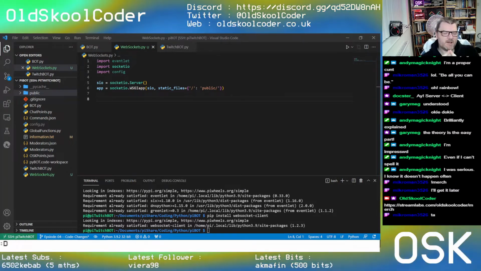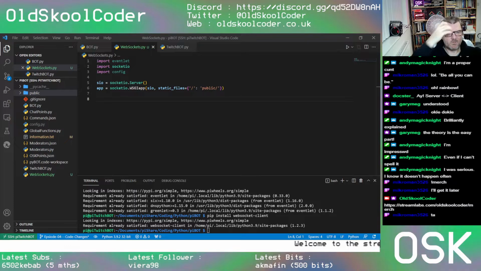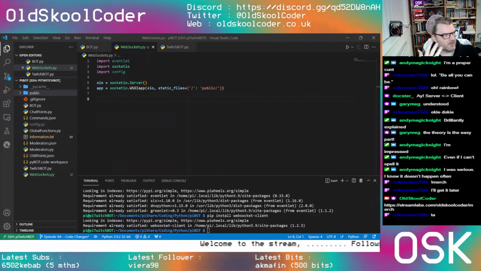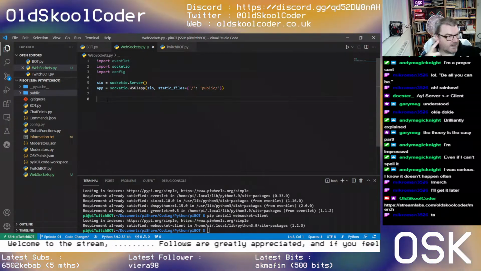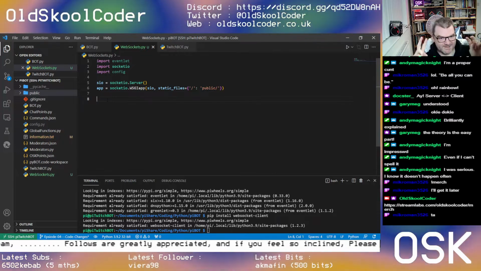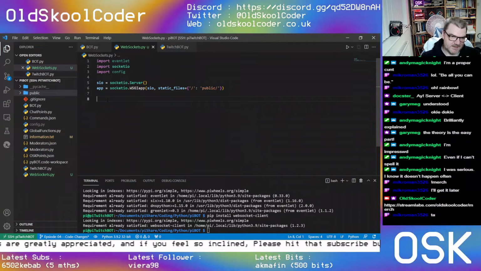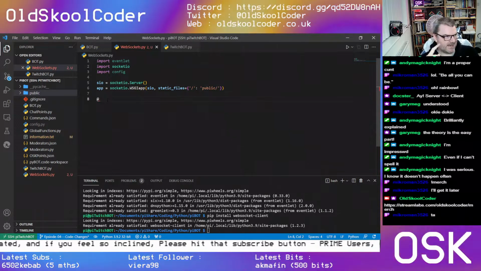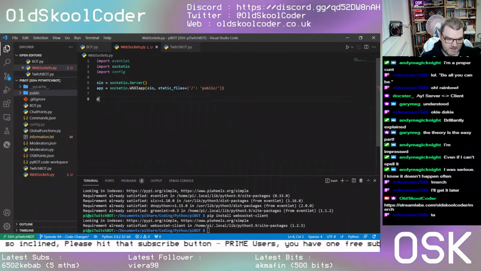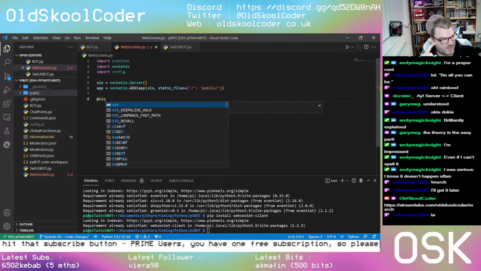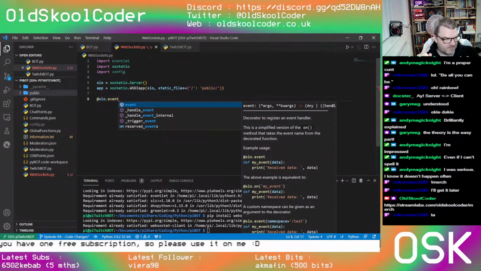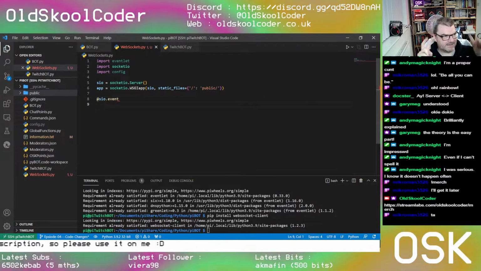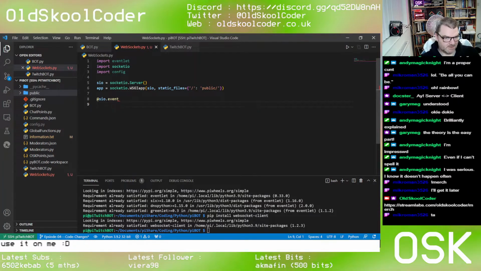Now, once we've created the socket IO, we need to handle both the client connect and the client disconnect. And these are what Andy was talking about yesterday, which are called decorators. It is an @ sign, and that is classed as a decorator. So we're going to say SIO, which is the object that we've just created, dot event. So this is now telling Python that what we're writing is a socket IO event. And so we're going to create connect,